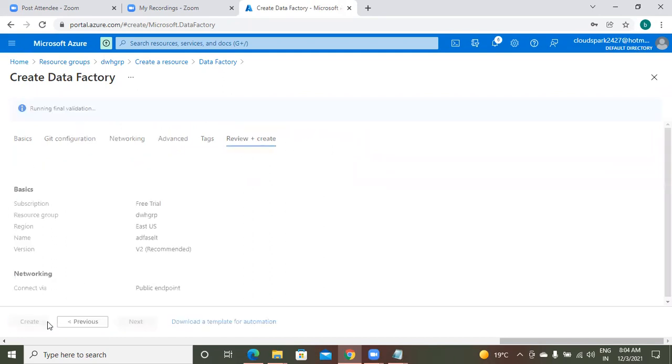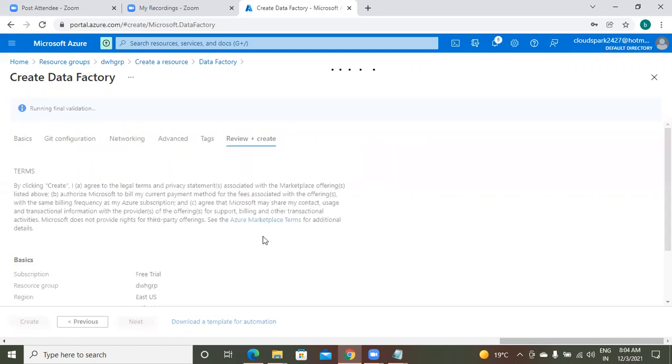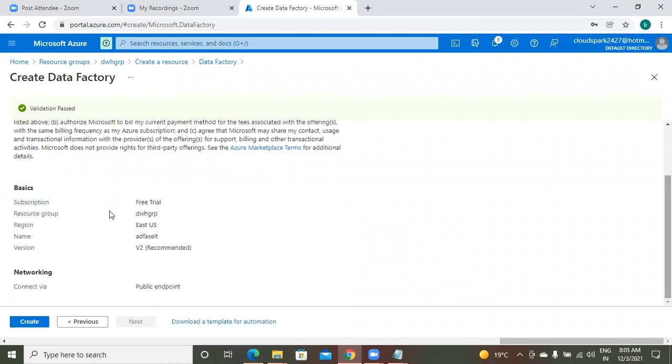Just review plus create. These are the details you have selected, and finally create. Now in a few minutes, your ADF instance will be created.